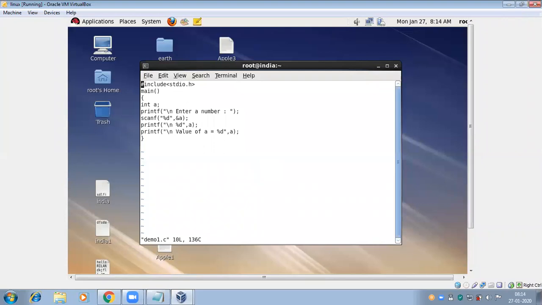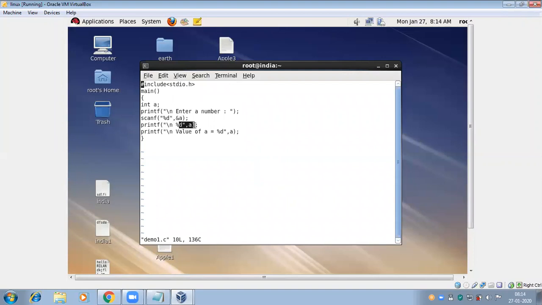Next output statement is enter printf. Just give the string within the double quotation. You can write anything, or directly we can write the scanf statement. This statement is optional. We are only giving instructions to the compiler, so you can give it in your own way.